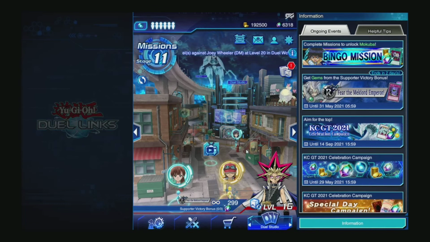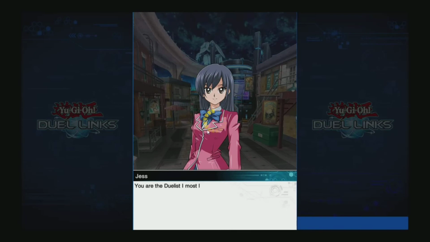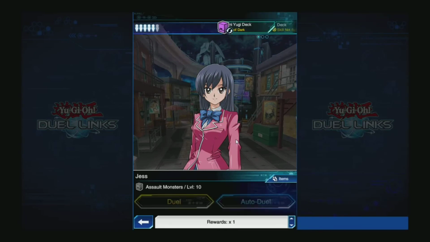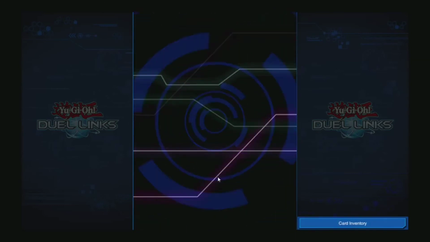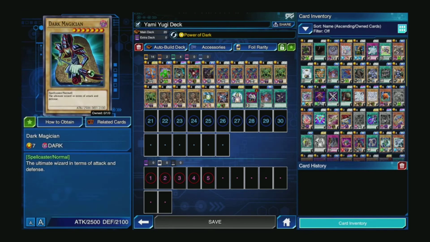But with this account, I am going to be trying to build up a free-to-play deck to try and get us through all of these NPC duels. My deck that I have got for Yugi so far is absolutely abysmal, so I do apologise. But lower level NPCs are quite easy to beat, so I'm not going to go and spend the gems straight away getting a deck and building a deck up when I can just use the free cards that I've got so far. So I have got a Dark Magician and also a Red Eyes Black Dragon in there as well,